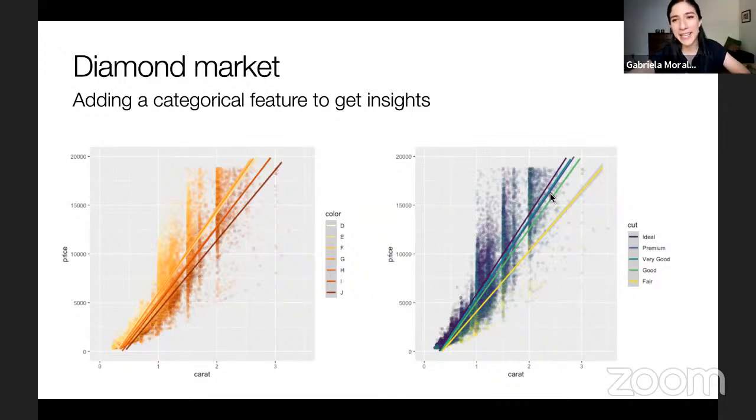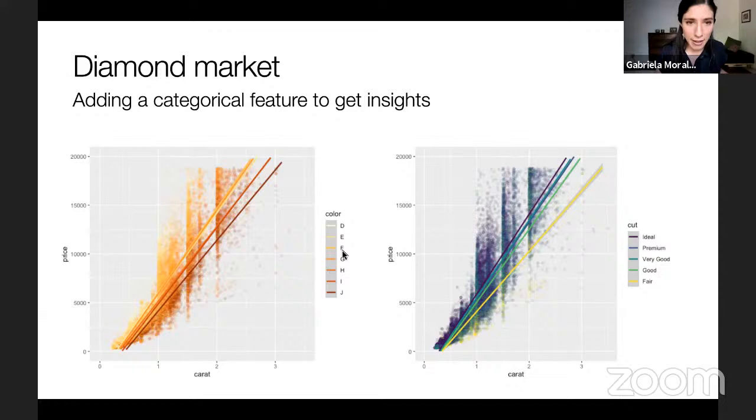So from these graphs, I want you guys to think, okay, you got a result, but what are you going to do with this result? Can you take that next step and tell the CEO, these are the diamonds that are worth it because of these? You can be very persuasive when you have data like this. You can say, okay, say that the D color is more expensive to buy, but you can sell it at a very high price.